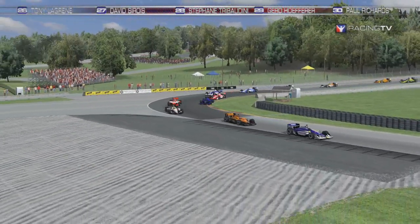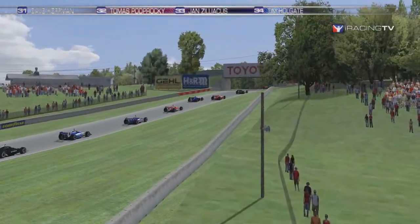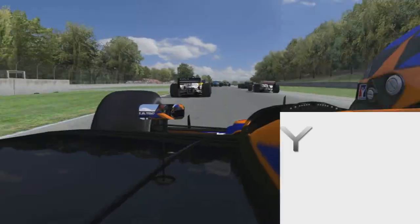First time down into turn 5 on lap 1 and the best spot for overtaking. We watch Marcus Sari and Derek Wood taking it to each other in turn 5 as they head up the hill to turn 6. Again, let's watch that